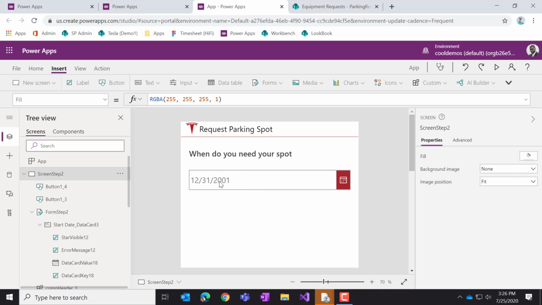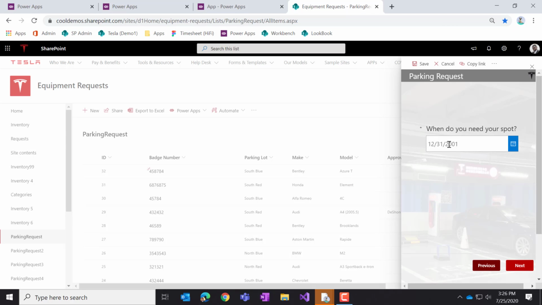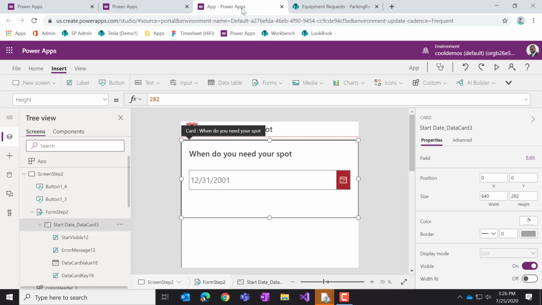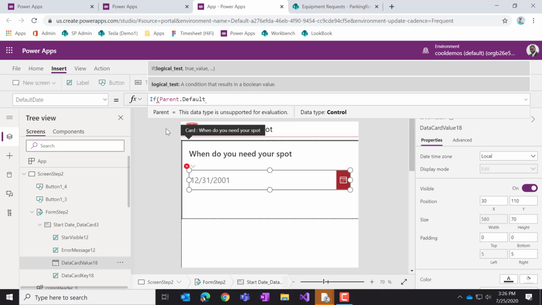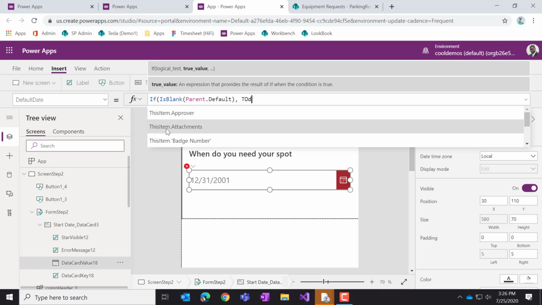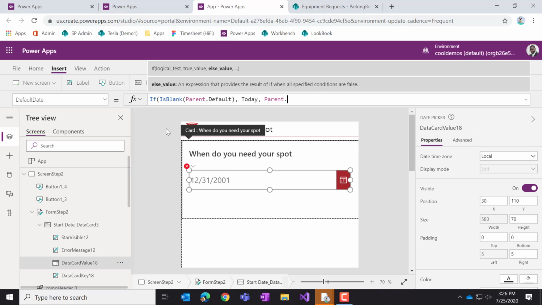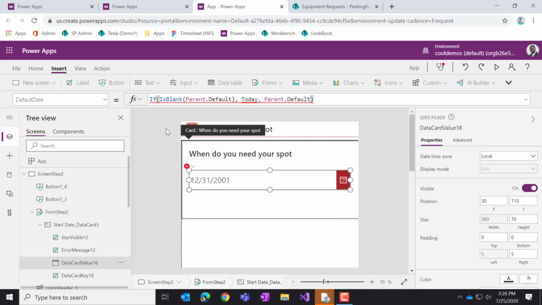All right, so one of the things I do not like about this is that it defaults to 12/31/01, but we know how to fix this, right? If we go to the default date, this is going to be parent.default, but here we can put some smarts in that says if parent.default is blank, you want to default to today's date, else use the default date. And this default date is going to be whatever's entered in,